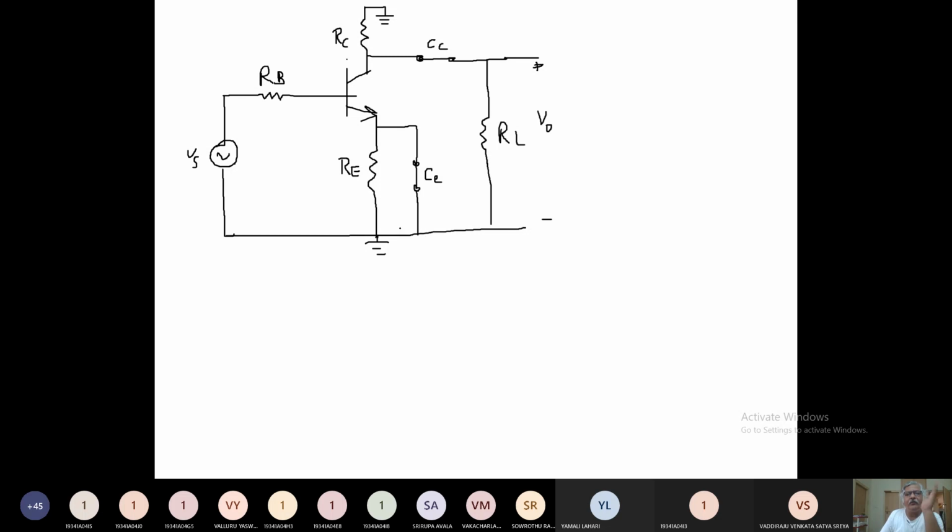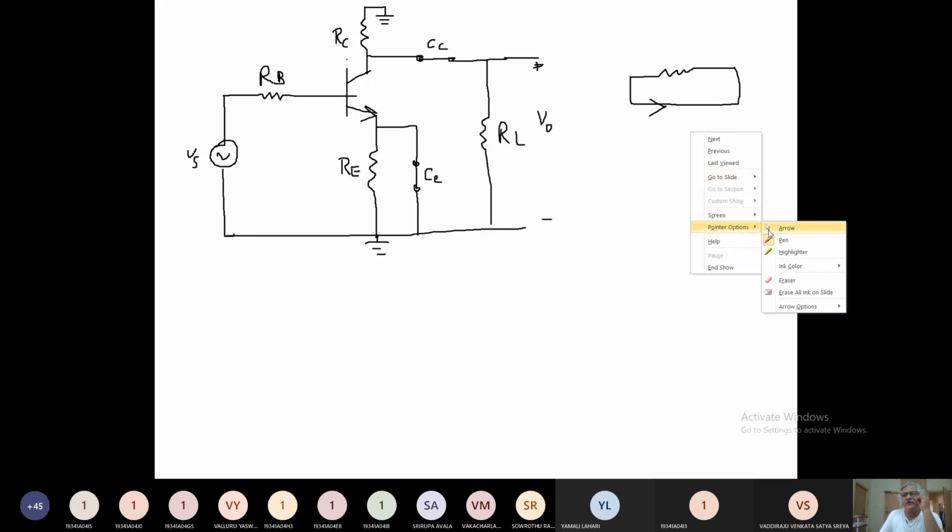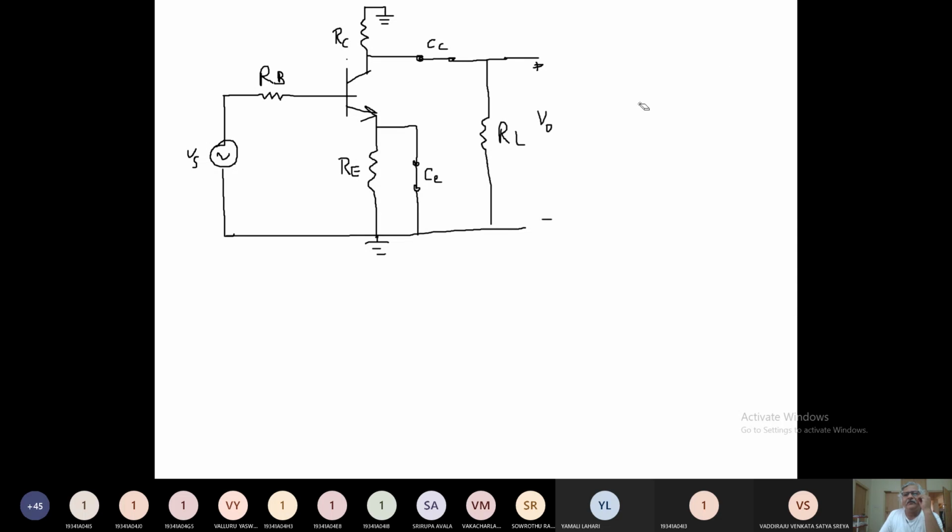So what we can do? Can we remove RE? Because you see there is some parallel connection like this, where one resistor is there, and in parallel there is some short circuit. So if the short circuit is there, then all the current will flow through the short circuit only. It will not go through the resistor, right? So you can remove the RE resistor, because all the current will pass through the short circuit path, that is short circuit CE. So we can remove this. So from here you can again draw this figure in this way.